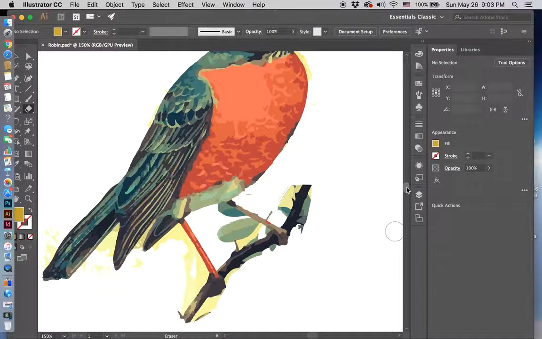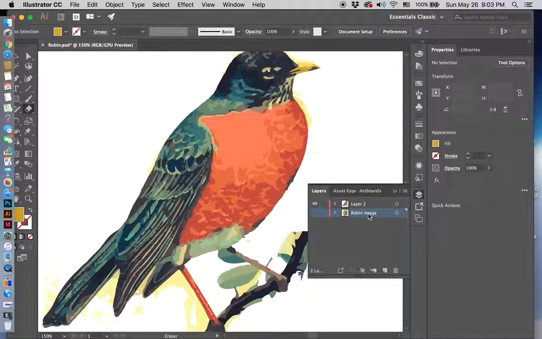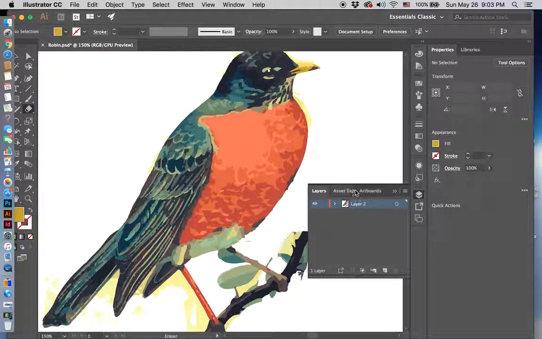Okay, and then again, I'm going to go back to my layers panel. Obviously, it's not finished, but let's go back to my layers panel, and the original image is selected, and I want to delete that because that's not needed anymore. So I go to the trash bin, I get this dialog box, and that's deleted. So now all I have to do is